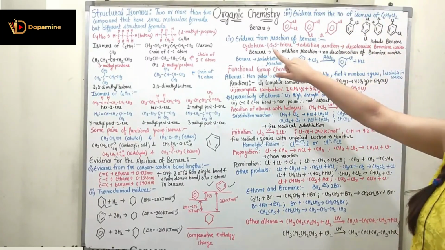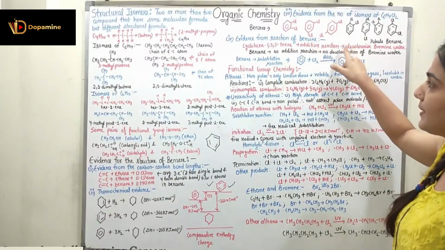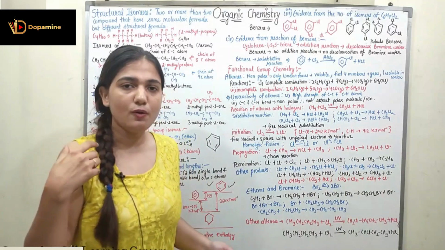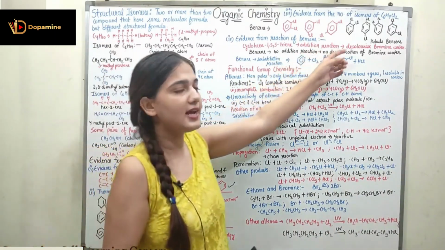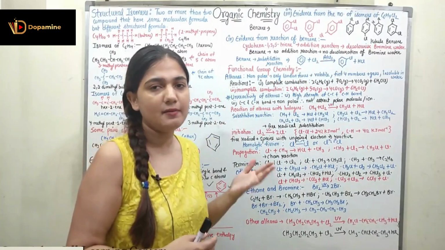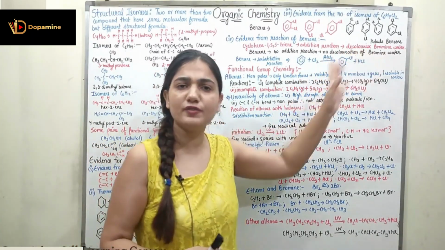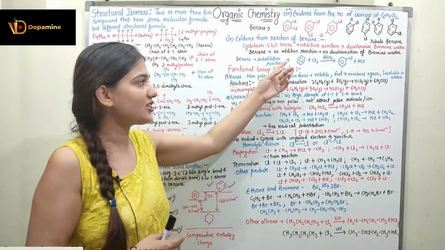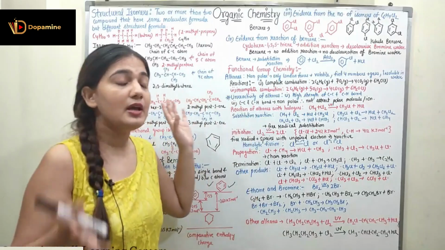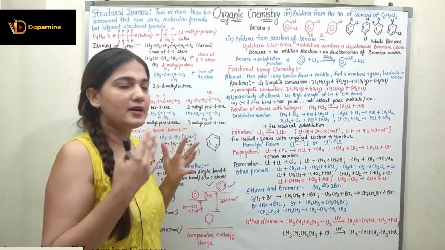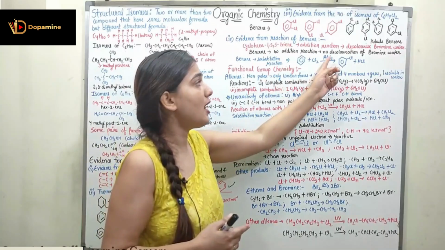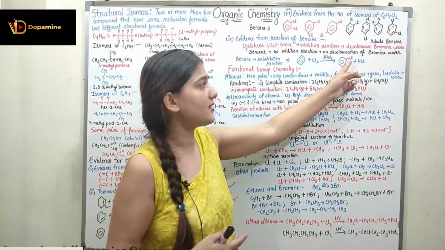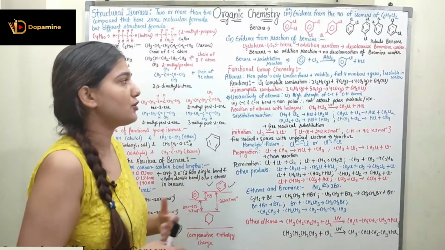This is another evidence. Coming to the last evidence, that is evidence from the reaction of benzene. Cyclohexa-1,3,5-triene will be having an addition reaction. So how is it reacting? It will be undergoing an addition reaction. When it is put inside the bromine water, it will decolorize the bromine water. Whereas if I put benzene in the bromine water, there will be no addition reaction and no decolorization of the bromine water. Now benzene will be undergoing the substitution reaction. So benzene plus Cl2 in the presence of a catalyst like AlCl3 is going to give me the substitution reaction. Hydrogen is substituted with chlorine and here we are going to get HCl.